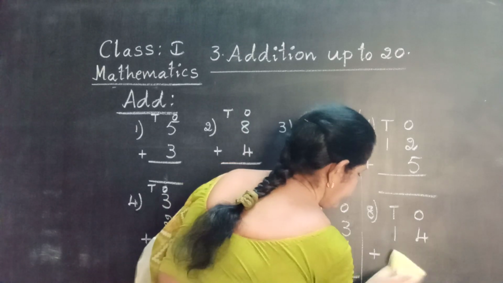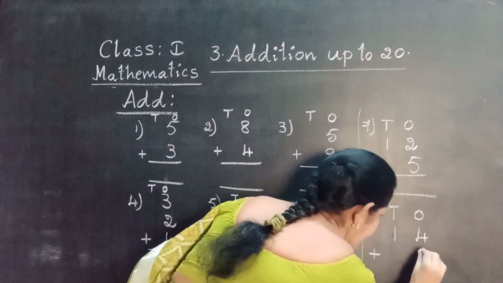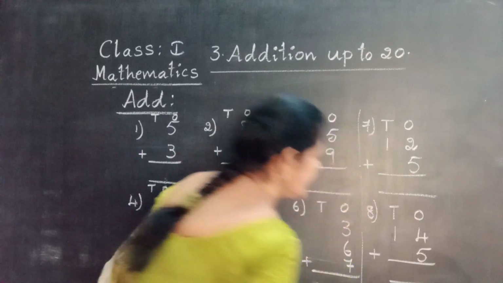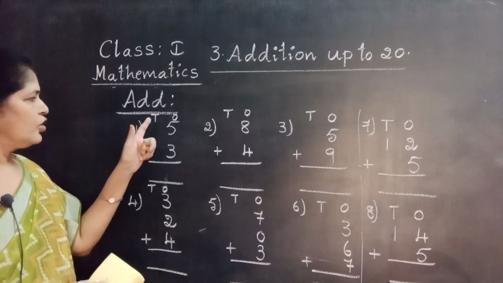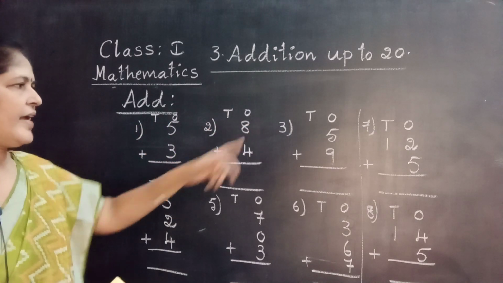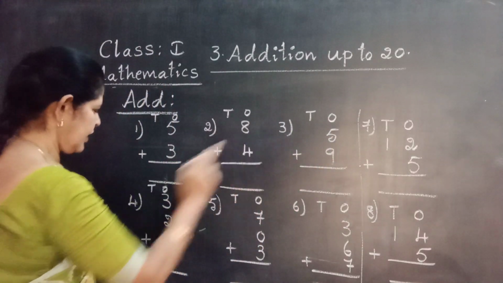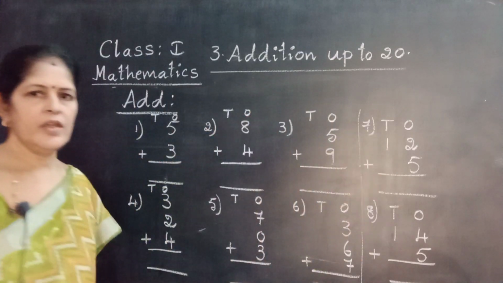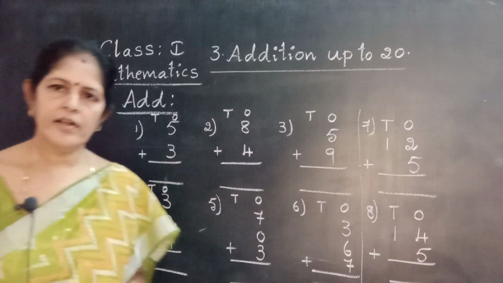Find the total. Okay, I am going to change the number, Nana. 14 plus 5. Write the total. Find the total. Two-digit number and one-digit number. You should keep tens place, ones place for all the additions. Do it in your homework book neatly and learn the table of